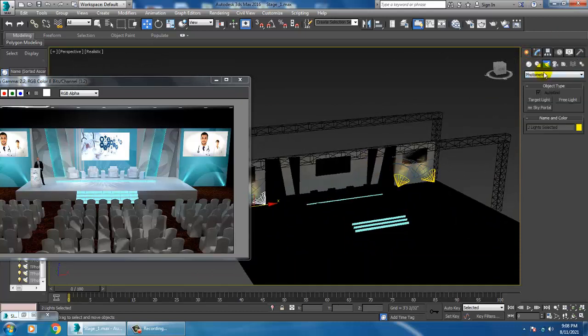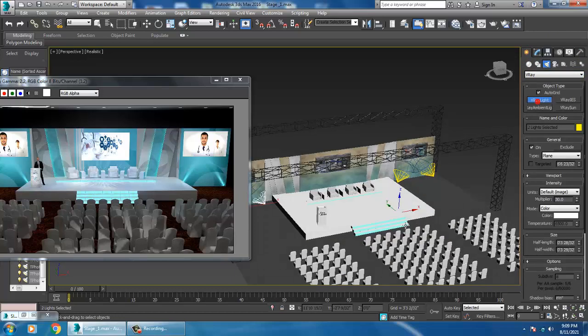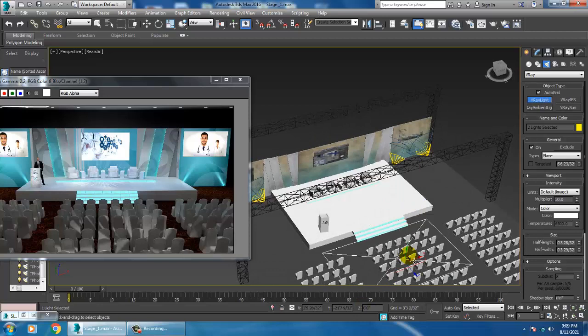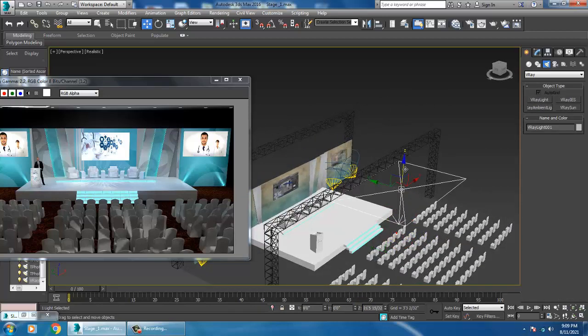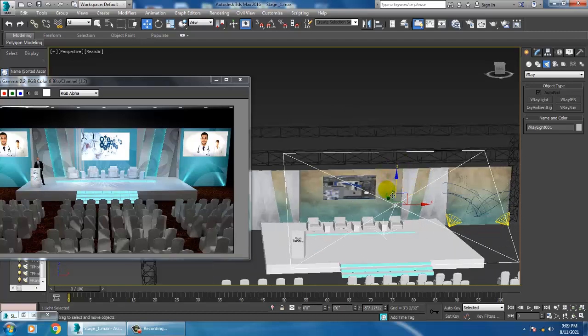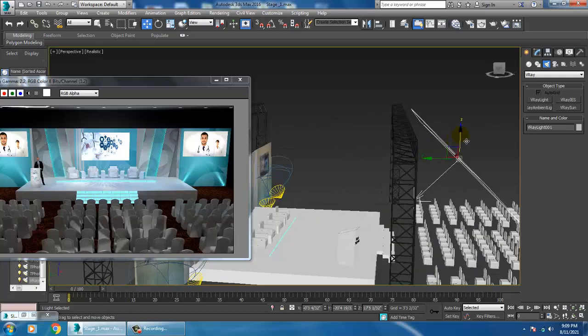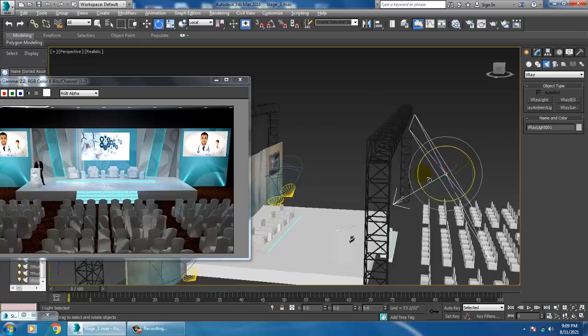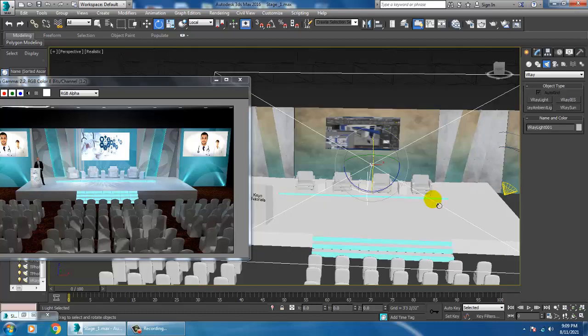Also you can add some V-ray lights from the top. There are a lot of things that can be done.